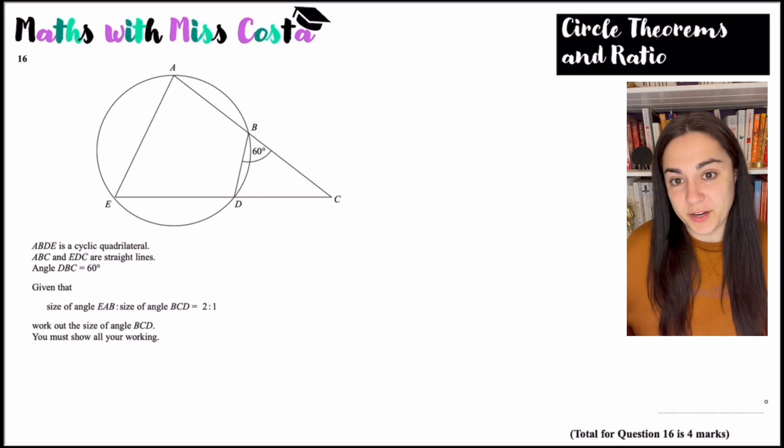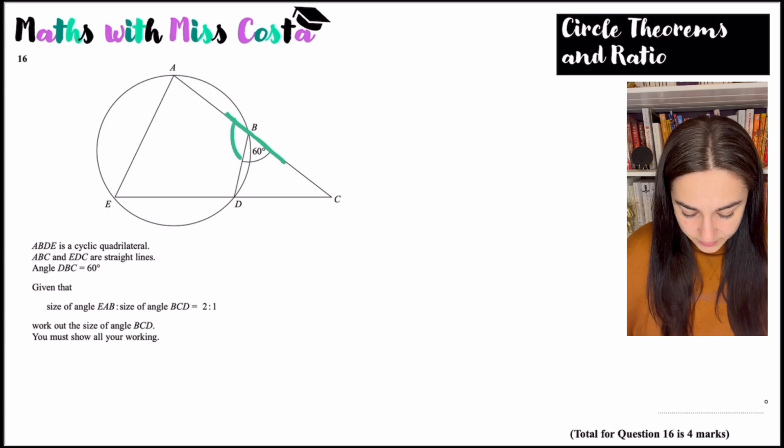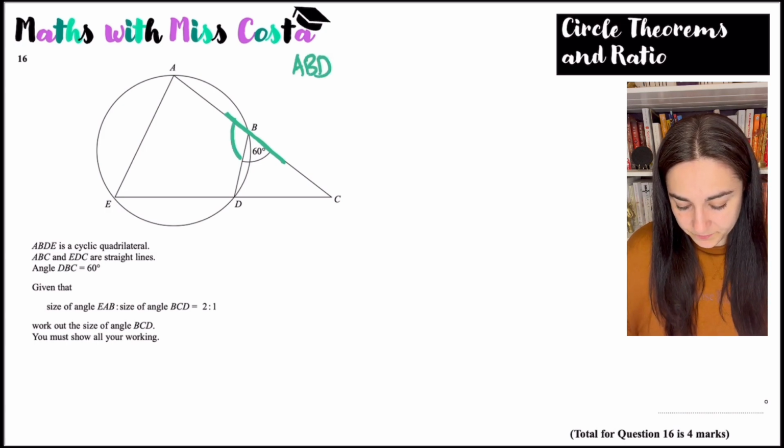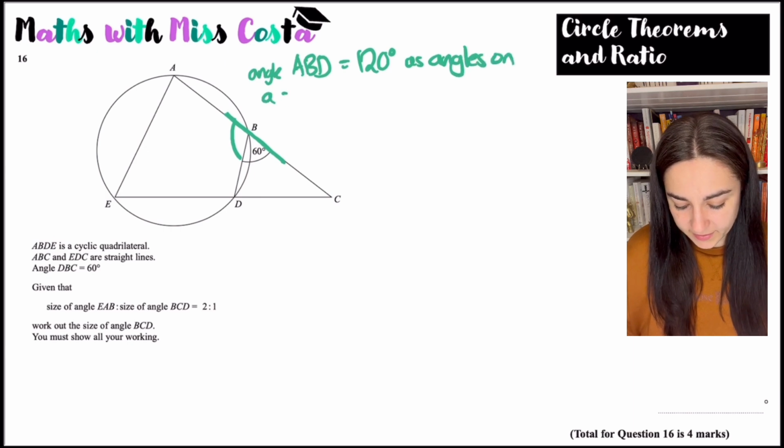So let's first have a look at what we can work out from here. I know that this is a straight line. Therefore, I could work out this angle here. So angle ABD must equal 120 degrees as angles on a straight line